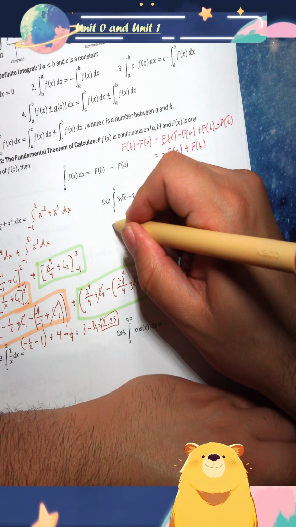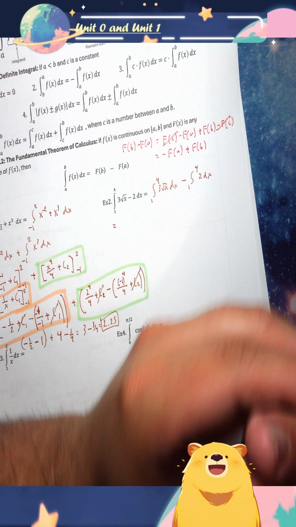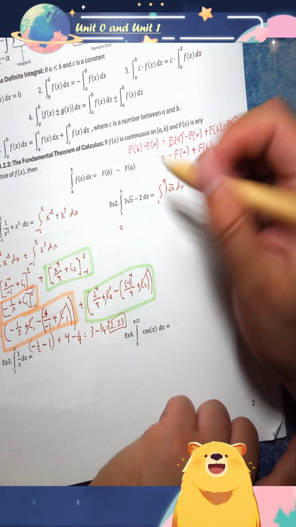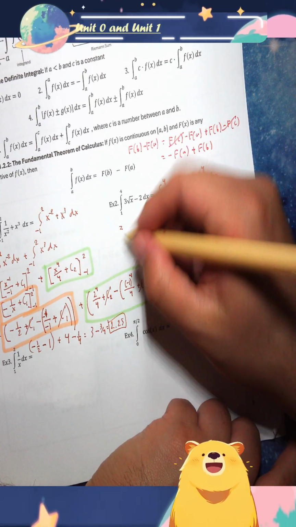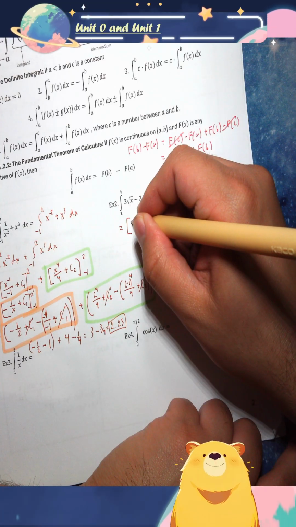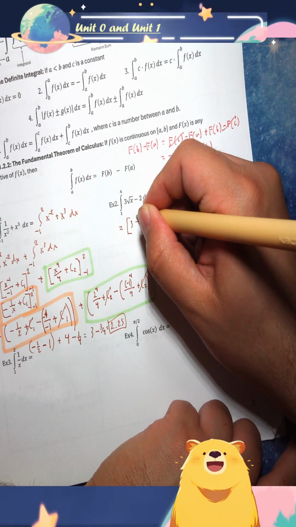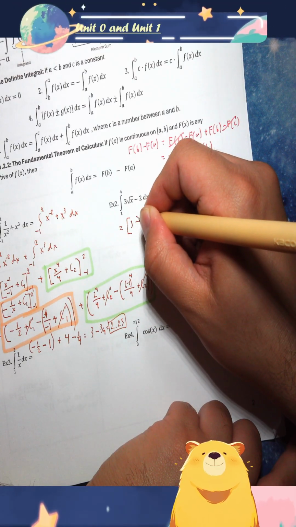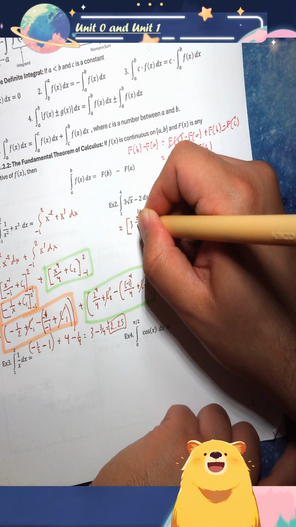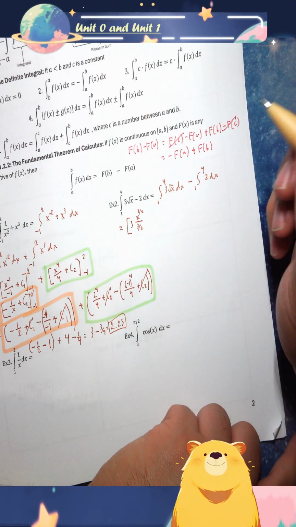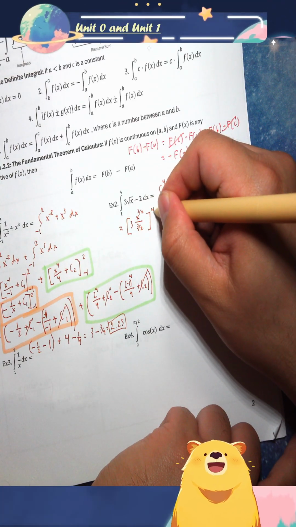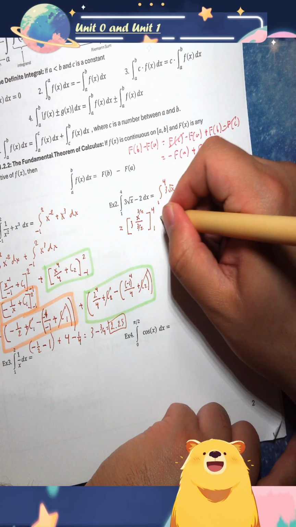And then let's do it all in one color. So that's going to be 3 times x to the power of 1/2 plus 1, so 3 over 2, divided by 3 over 2. And this time I'm going to include the plus c. I'm going to go from 4 to 1. And then minus,